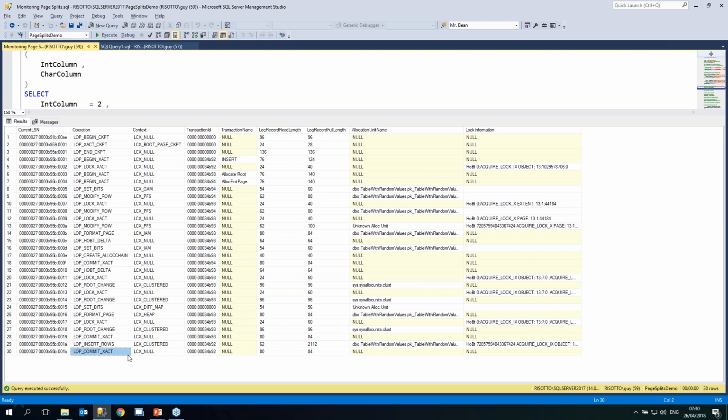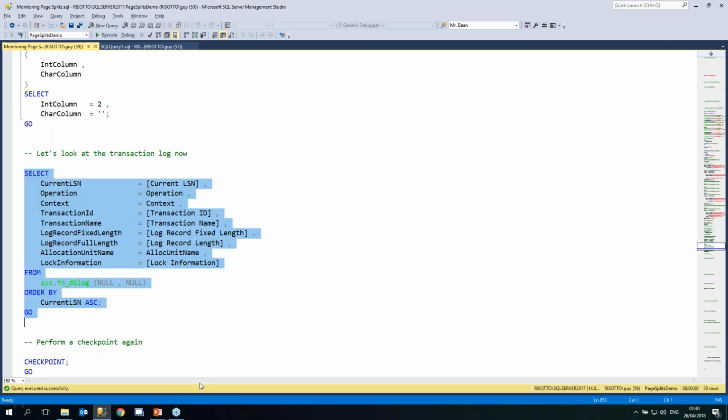And of course there's a transaction. Even though I didn't specify explicitly begin transaction and commit transaction, I'm using the auto commit by default, which means every single DML statement is inside a transaction. So we can actually see the begin transaction and the commit transaction. So this is the commit transaction, and the begin somewhere here. There's one here and one here, because SQL Server does other things behind the scenes. They are also inside transactions. So we have lots of begin transaction and commit transaction events as well.